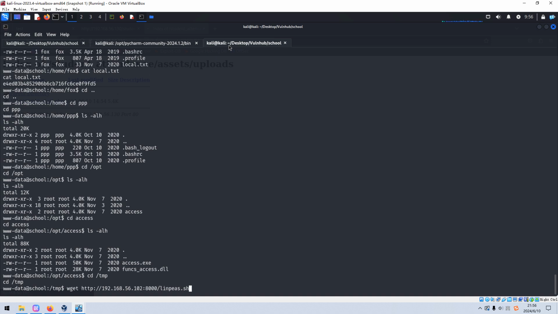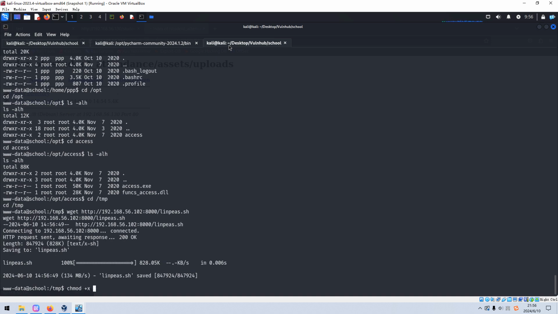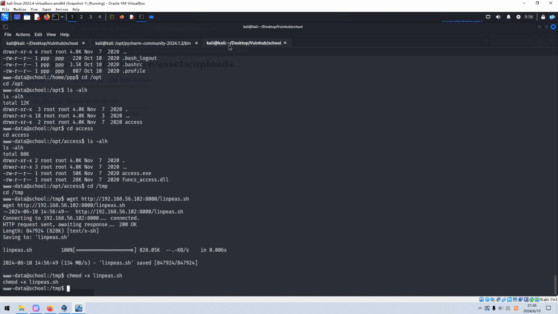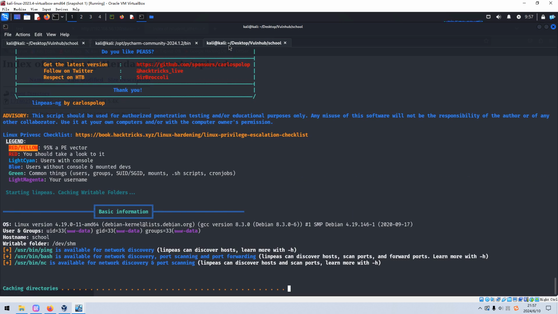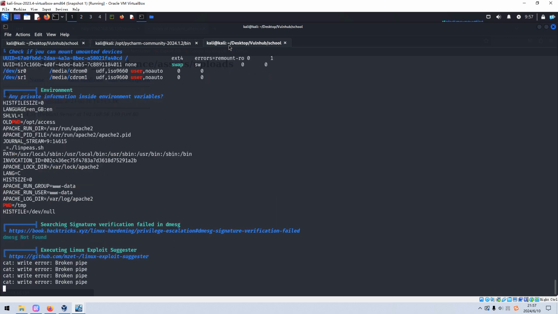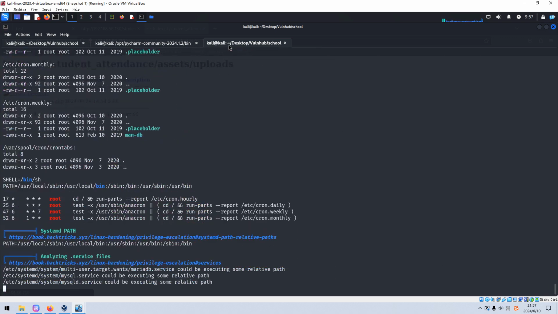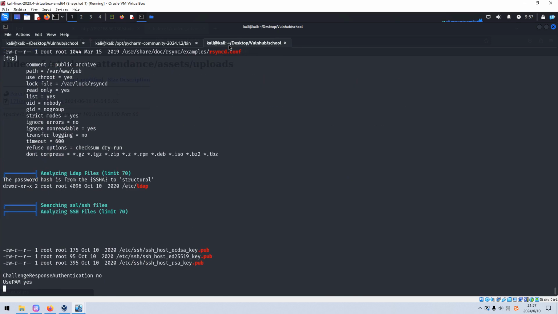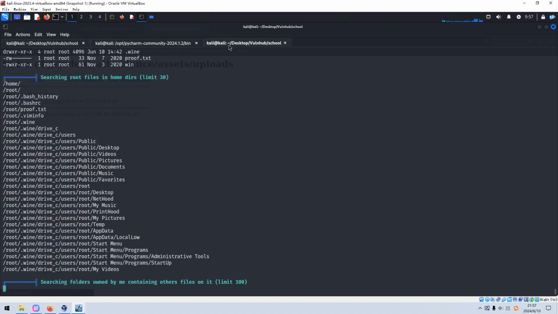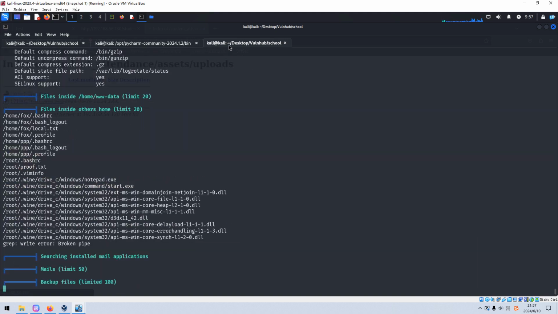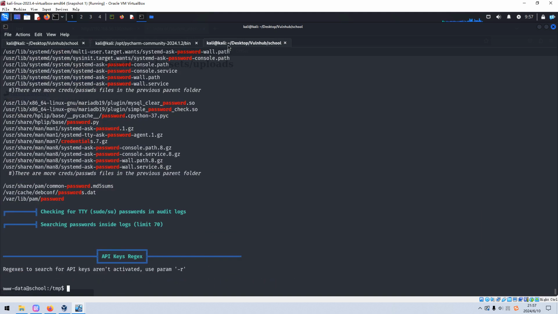The LinEnum shell script, we need to make it executable to run. Because now we are trying to elevate our privilege. In most cases, besides manually enumerating the machine locally, we also can get help from a shell script like LinEnum. As you can see, it's done.